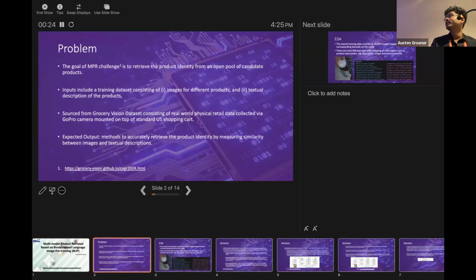So the goal of the MPR challenge is to retrieve the product identity given an image and a pool of possible candidate products. The training input that we were provided included a set of images and corresponding text descriptions. The data has been sourced from the RetailVision dataset, consisting of real-world grocery retail data collected from a GoPro camera mounted on top of a standard US shopping cart. And we were expected to devise a method to accurately retrieve the identity of the product in the image given a catalog of